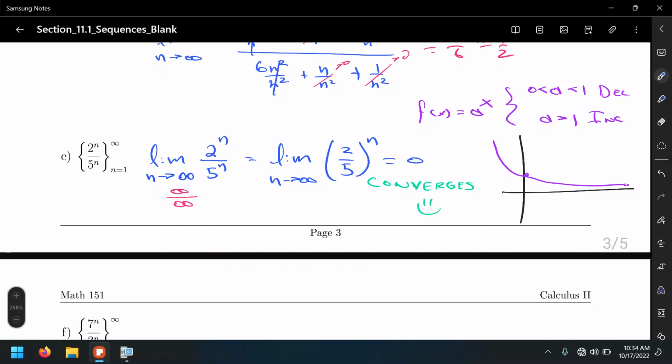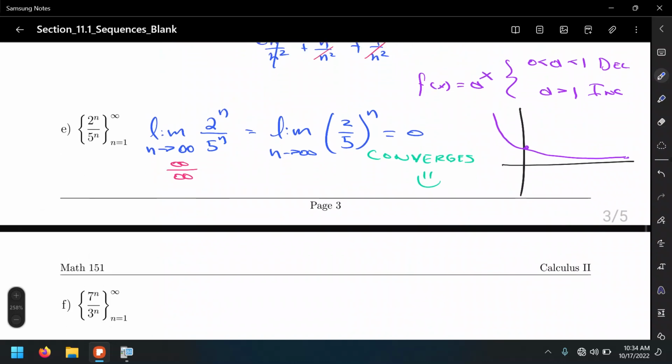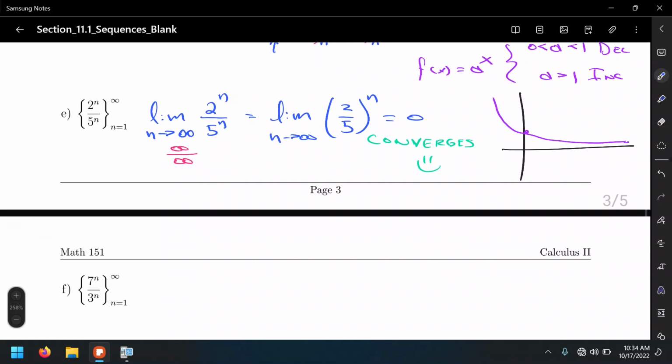So let's look at a similar situation for letter F. This time we have 7 to the n over 3 to the n. So the number one thing we do here is limit 7 to the n over 3 to the n by analyzing each infinity individually. So which of these two infinities is the larger? Is it the 7 to the n or the 3 to the n? The 7 to the n. So that means this time we're going to have a bigger infinity in the numerator dividing by a smaller number. Well, the infinity in the numerator wins, so that's going to become